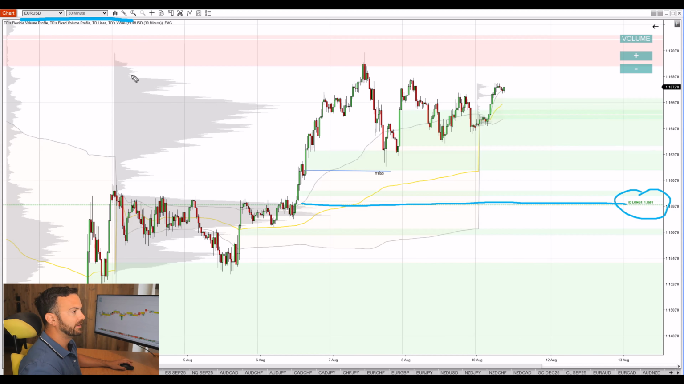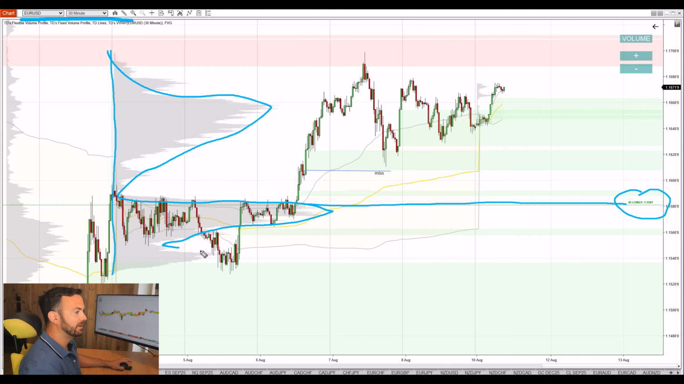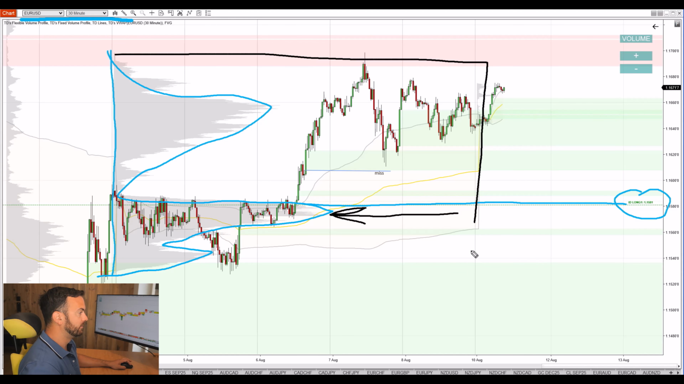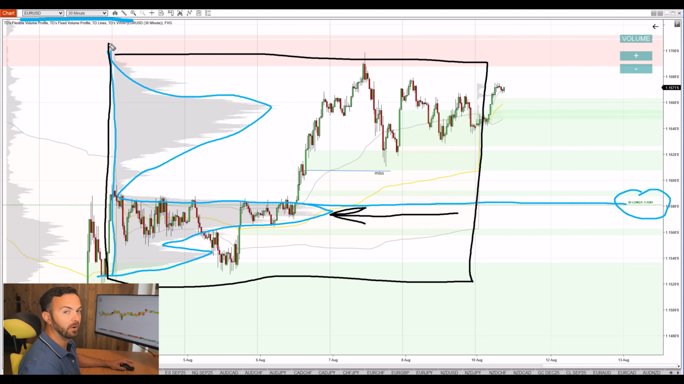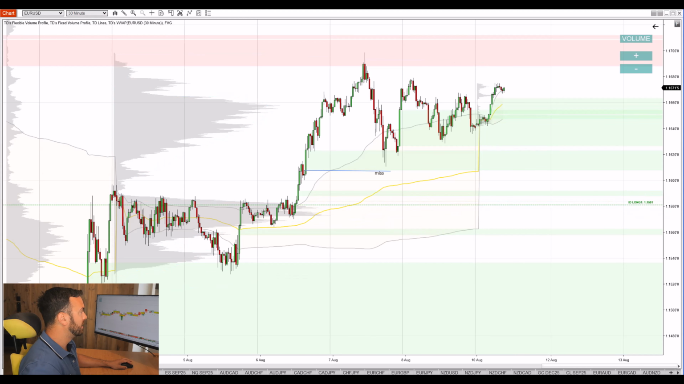So if you take a look at this gray profile on the left, then you can notice that heaviest volumes are right here. By the way, this volume profile, that's the weekly volume profile showing the volumes throughout the whole previous week, right? And the weekly point of control is right here. This is where the heaviest volumes were traded. And as you can see, my level is at the beginning of this heavy volume zone where the weekly point